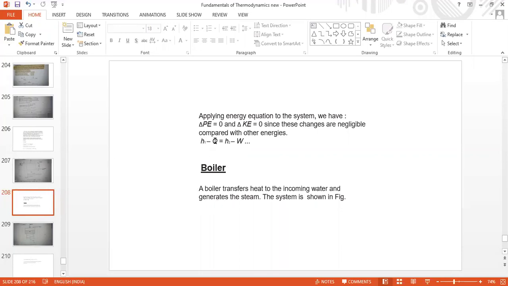For example, in this equation, H1 plus Q, I am asking you every time to use the plus sign here. What is required for a boiler? As you said, it requires heat. That means the input to the boiler is heat. Utilizing that heat, the boiler heats water. So a boiler requires heat. What is the sign convention then for heat here, positive or negative?